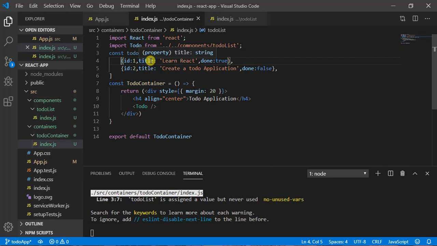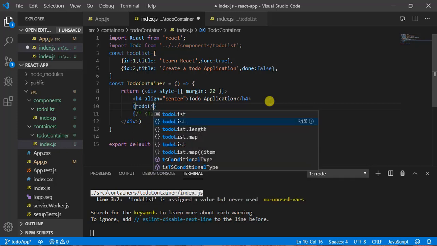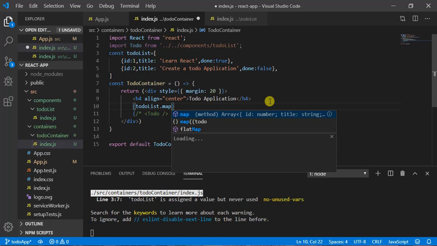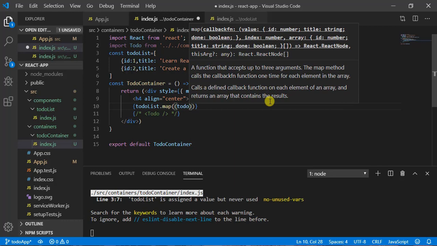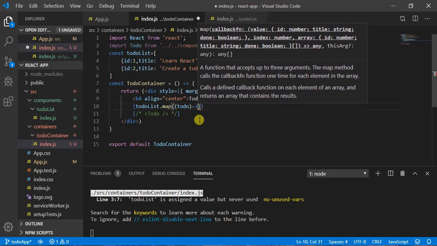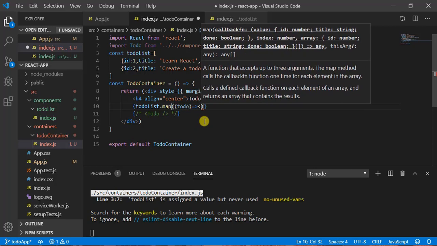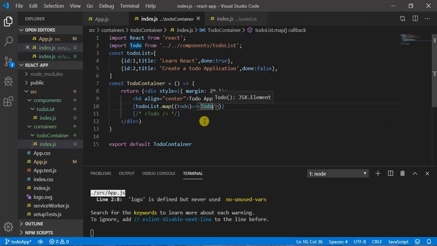Now what I can do, I can map through it and load. So let's comment this one as of now, and here I can write to do list dot map, and this map is going to give me a single to do. So what can I do? I will pass this to do to our component. Which component? The to do component, which is going to be responsible for displaying the to dos. So I can directly write here to do, and now let me save it and have a look at the UI.